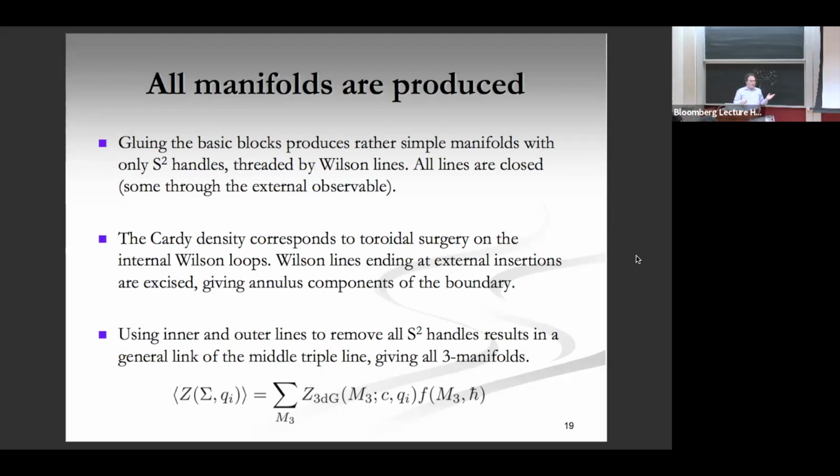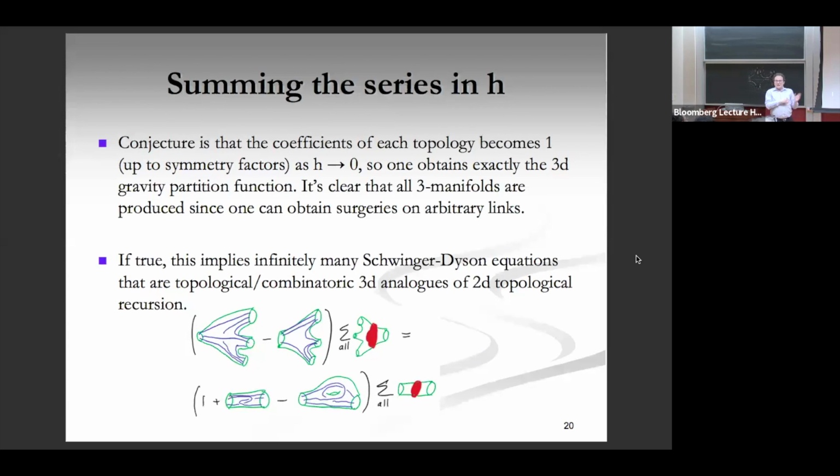So that sounds terrible. But we can test the conjecture by checking whether it would obey the Schwinger-Dyson equations. Of course, there are infinitely many Schwinger-Dyson equations. Maybe the simplest is for the 2-point amplitude. So we might say the exact 2-point amplitude, we conjecture, is the sum over all three-manifolds with the two externals with equal weight, which should be equal to what we get by gluing some diagrams.